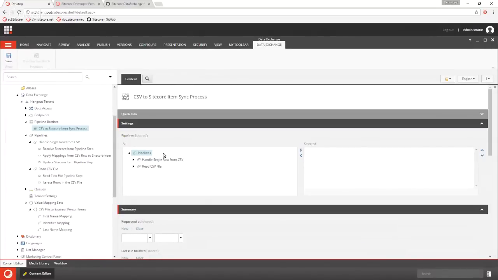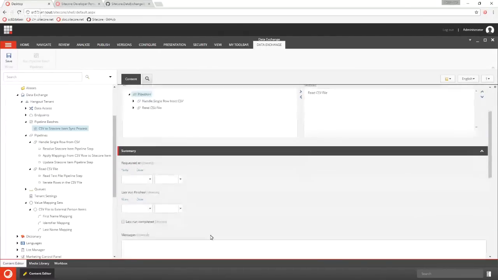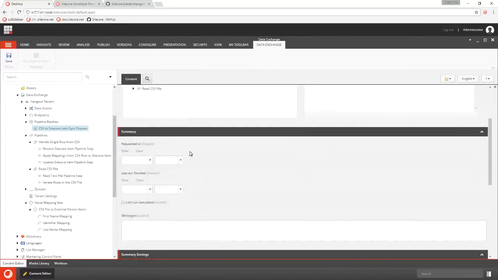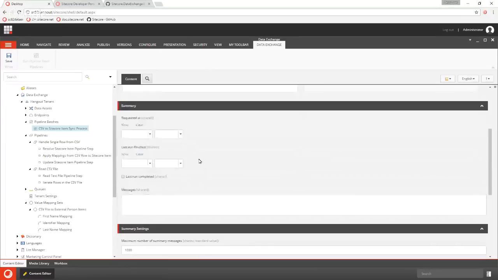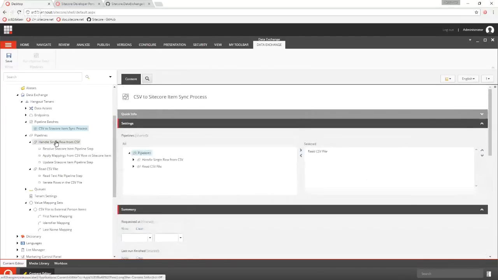And in here, I am able to select the pipelines that I want to run. And I want to run the pipeline called read CSV file, because this pipeline is going to call this other pipeline. So this is really what I want to run. Now, the reason why I create this thing called a pipeline batch is because the pipeline batch gives us something that we can run. It gives us an object that we can use to store some runtime information. And a pipeline doesn't. A pipeline is just settings. So you can almost think of this as a small, lightweight application that's able to run a pipeline.